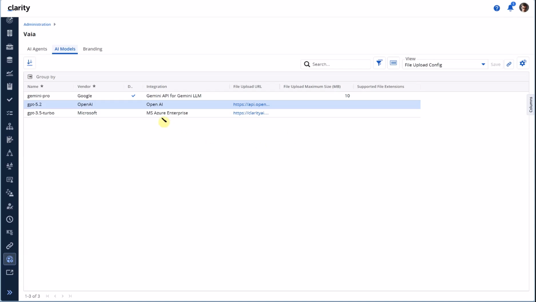Same thing for your Microsoft Azure. For Gemini, it'll handle it as part of InStream itself. That means as part of the payload, we can take the file and include it in the actual call being